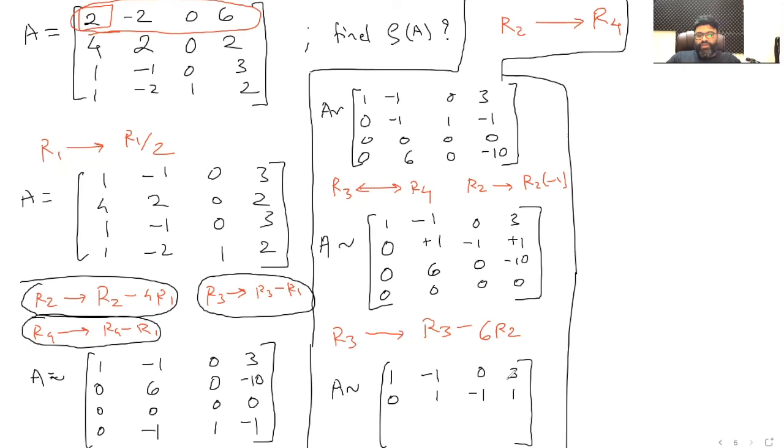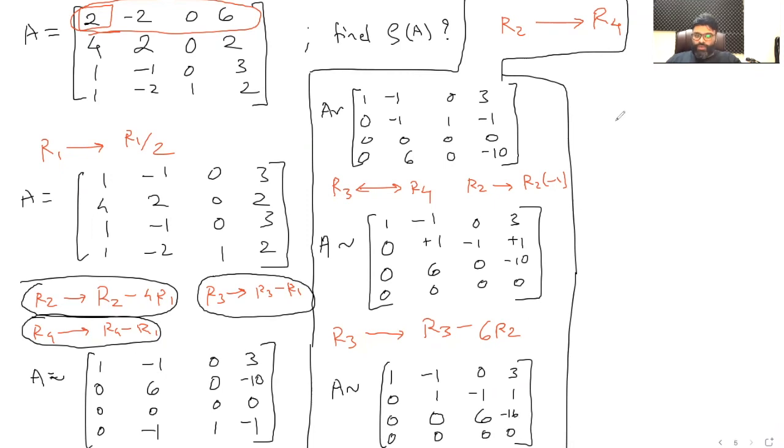And when we do row 3 minus 6 row 2, right? So it is multiply row 2 by minus 6 and add. Multiply by minus 6. 1 into minus 6 is minus 6. Add, becomes 0. Of course, this has to be 0. Multiply by minus 6, so it becomes 6. And 6 plus 0 is 6 here. Multiply by minus 6, that'd be minus 6. Minus 6 and minus 10 is negative 16. And then the last two are 0.